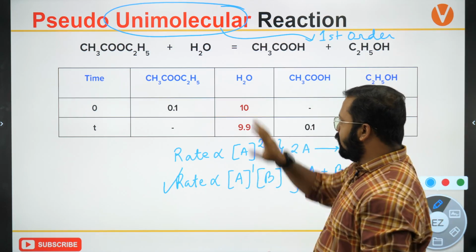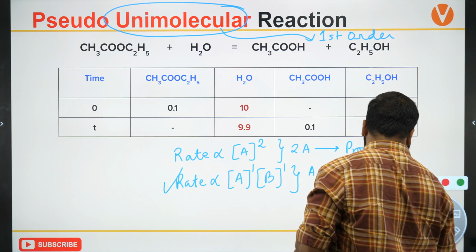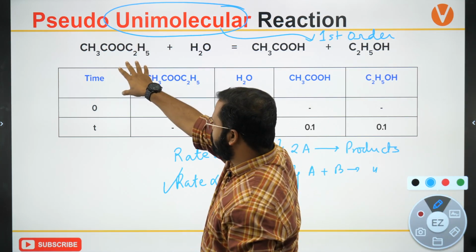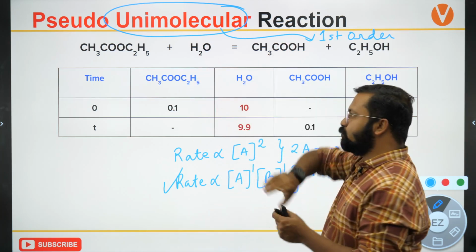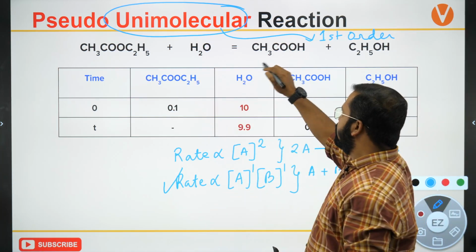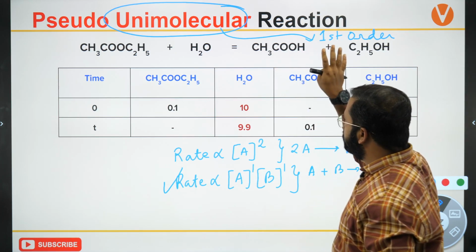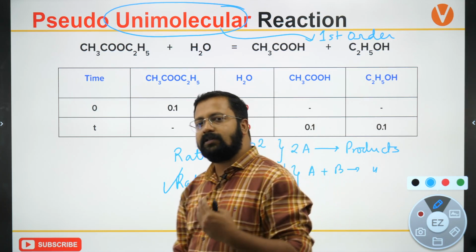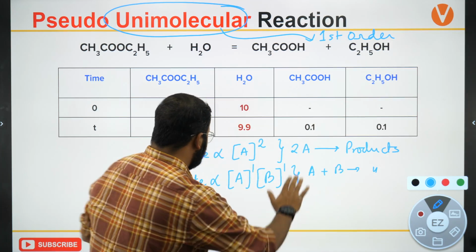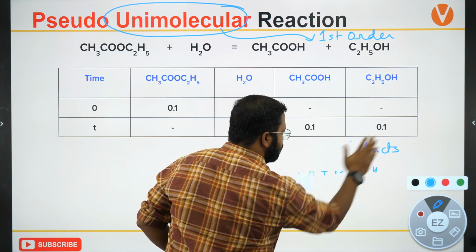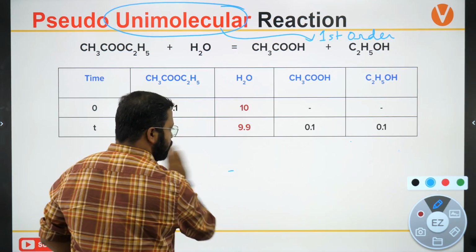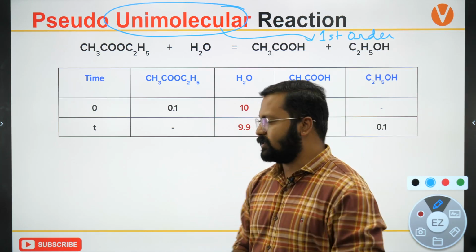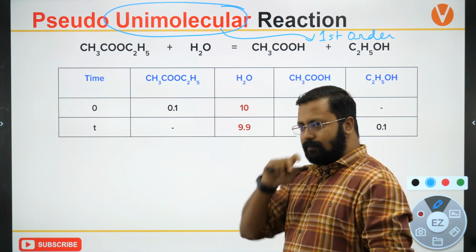Suppose you take two reactants, and let's say there are two reactants, ester and water, and it is being made to undergo hydrolysis. The hydrolysis reaction results in the formation of acetic acid plus ethyl alcohol. Now, how does this reaction take place? When this reaction occurs,